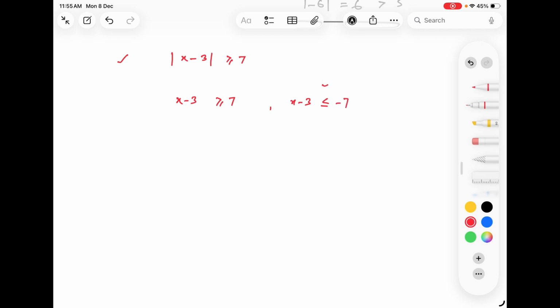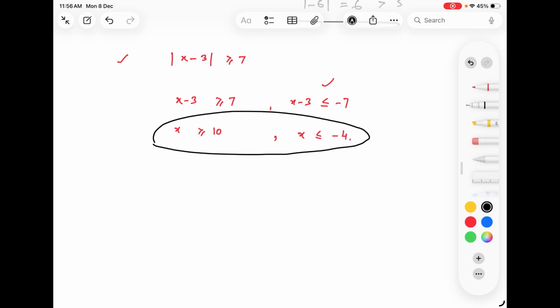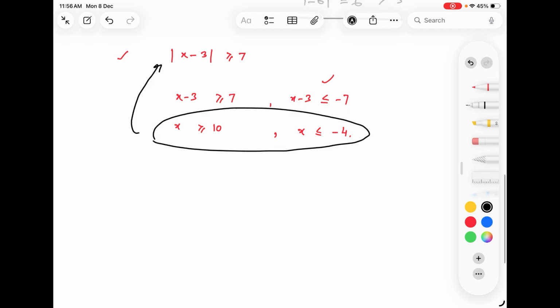I hope this point is clear. So adding 3 on both sides, we get either x is greater than or equal to 10 or x is less than or equal to minus 7 plus 3, minus 4. This is the forward question, but sometimes they may ask you, if this is given, how to represent this in absolute value form. Say